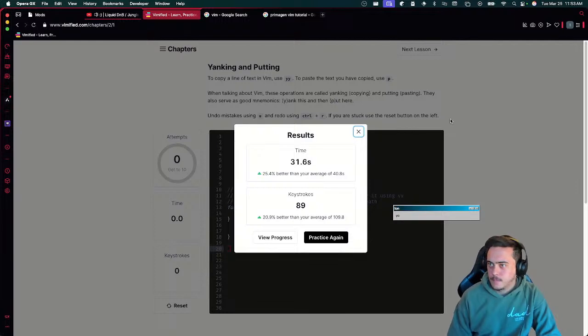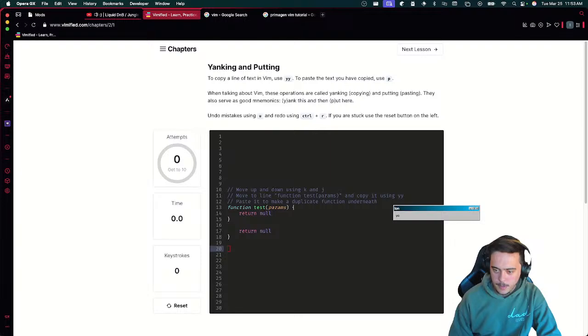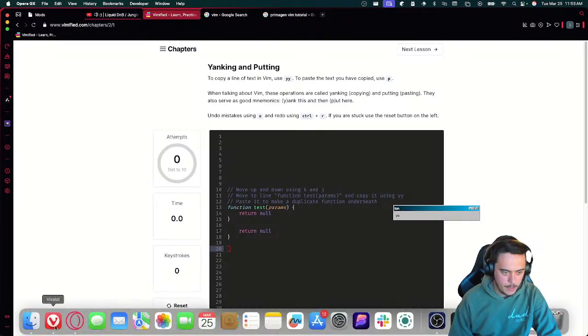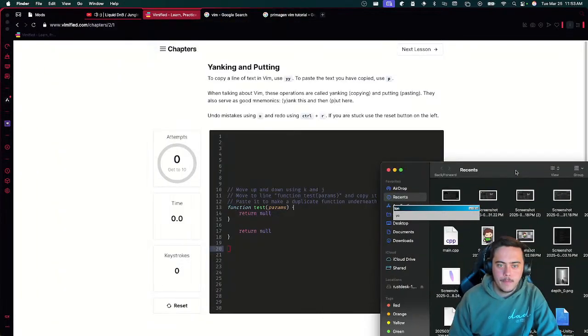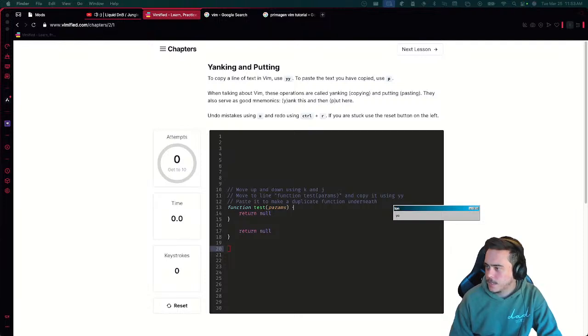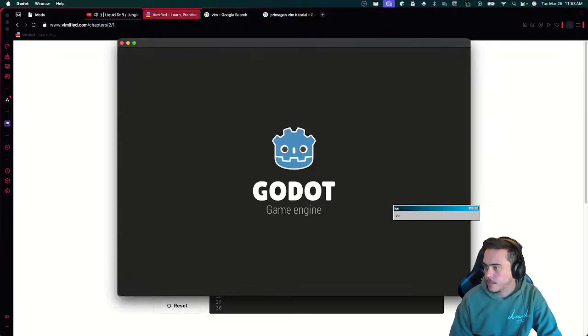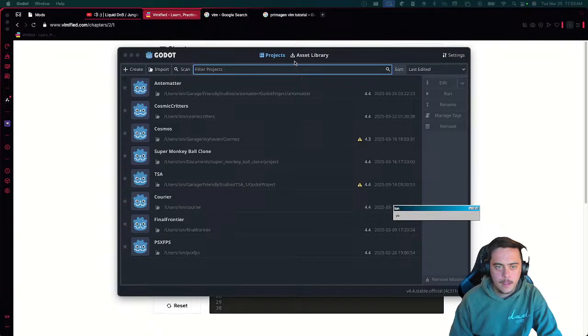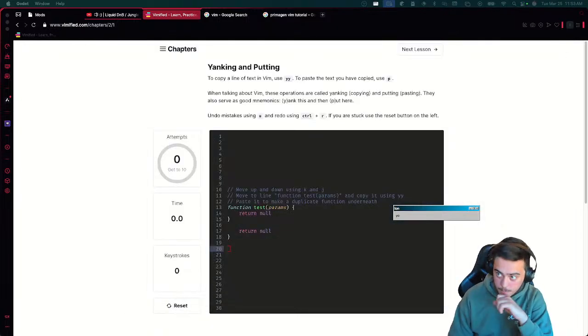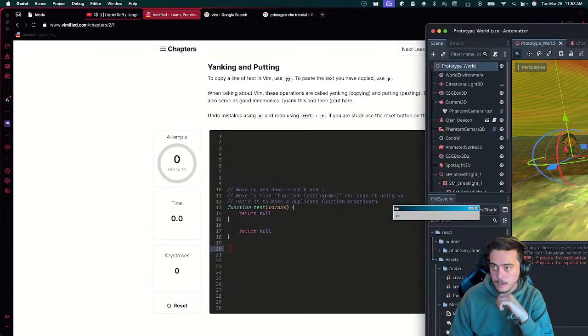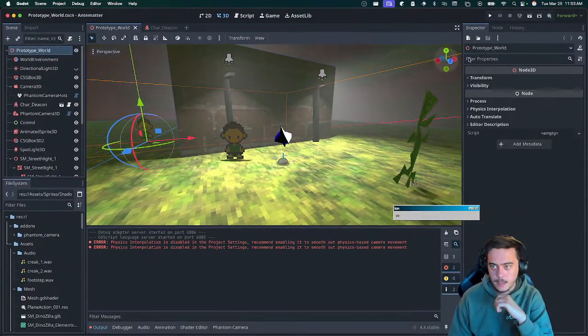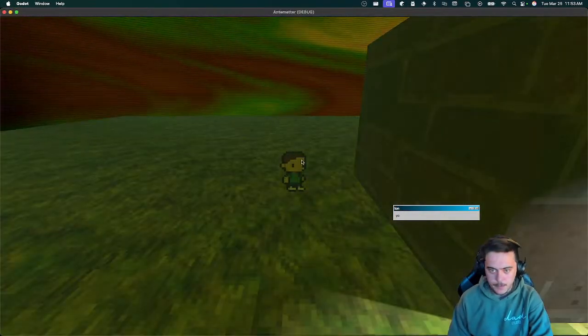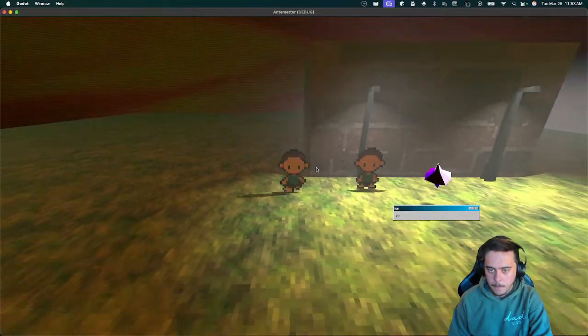But yeah, I would say that's enough practice for today. So let me open up Godot real quick and show you what I've been working on. Bunch of random pictures. Ignore the disgusting file management. Godot is a nice engine because you can write in any language really. So if I can get this over here, that's what I was working on a bit last night on stream.